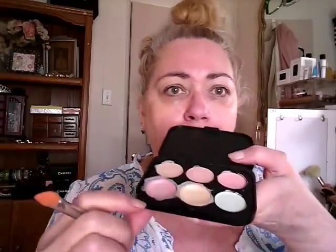So I use these two colors, and I think I've shown you that before. I used to put this one on first and then this one. Now I put this one on and then a little bit of that, and I like that. To me, this doesn't make a really cakey under eye. I know a lot of people worry about getting cakey under there, but I don't really have a problem. So I'll take this yellow,